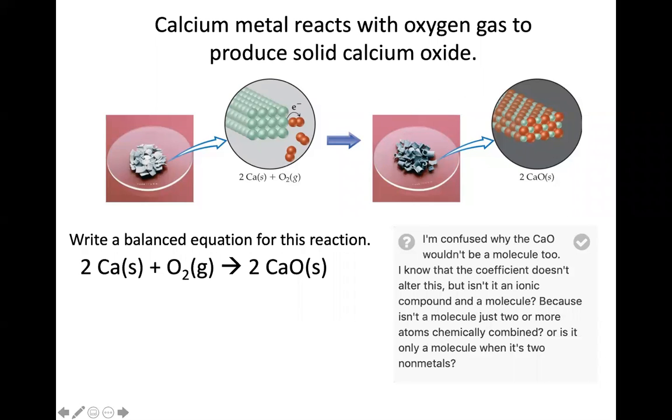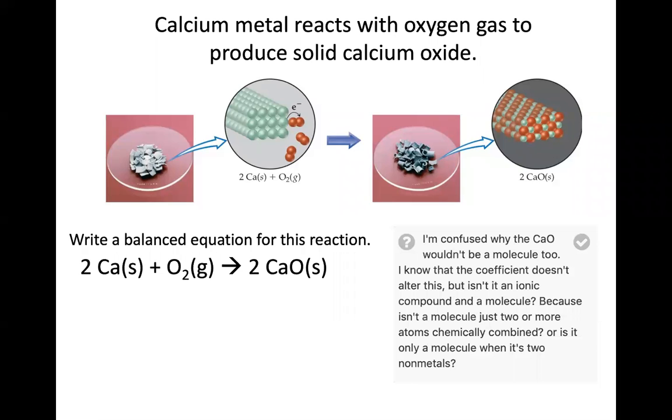So crucially, the first steps, if you want to come up with the equation, you would have to read that oxygen gas should be O2. Calcium oxide is an ionic compound that has this formula. And calcium metal is just the elemental form of calcium, calcium solid. That's what you'll then use to come up with the balanced coefficients. It all begins with having the correct substances listed that you'll then try to balance.